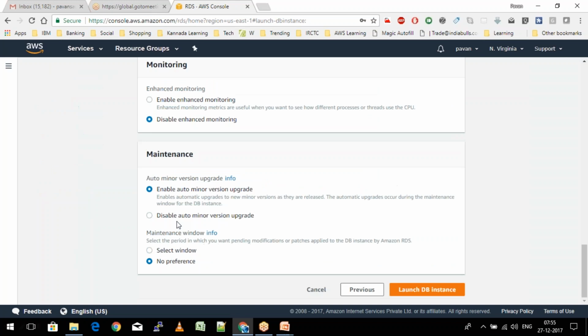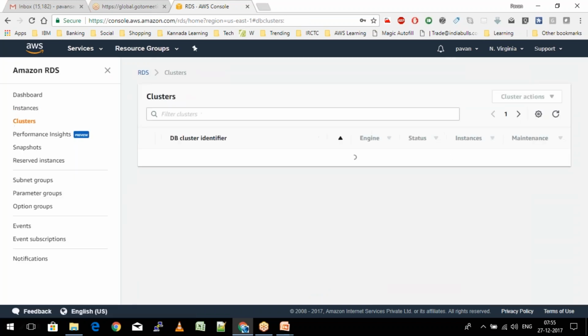The moment you are going to create a multi-AZ database, it is going to show up the cluster here, and in it you will be able to select which one is going to be the master and which one is going to be a standby. So you also have an option to define that the database in availability zone 1E is going to be the master and 1F is going to be the standby database. So those are the things that we can actually do with the clusters and the subnet groups here.